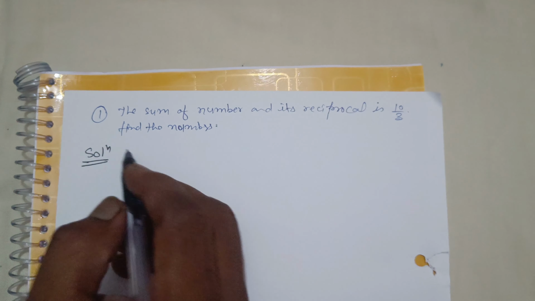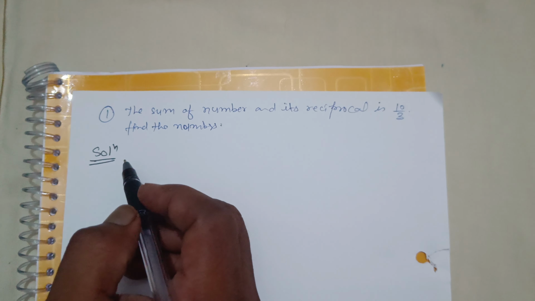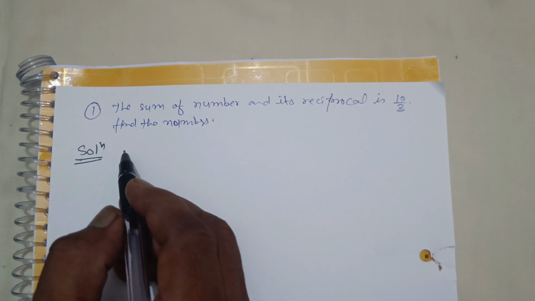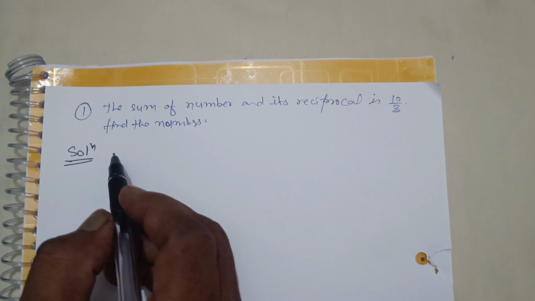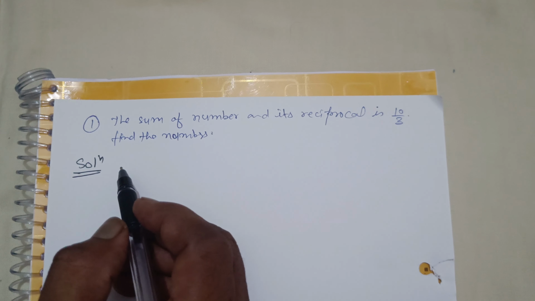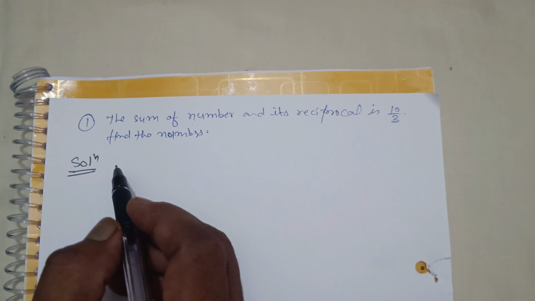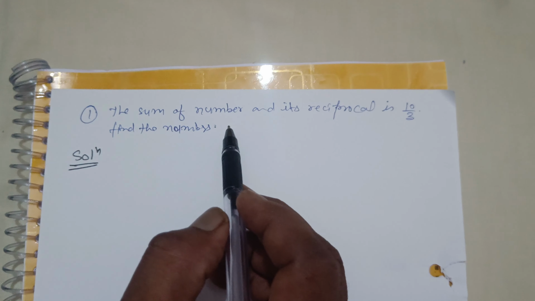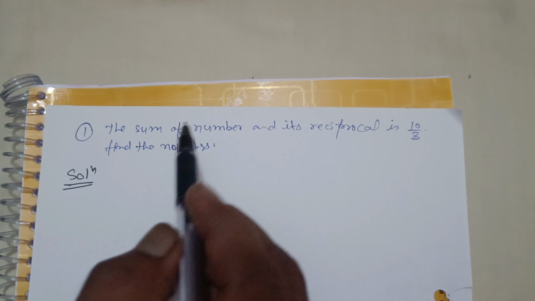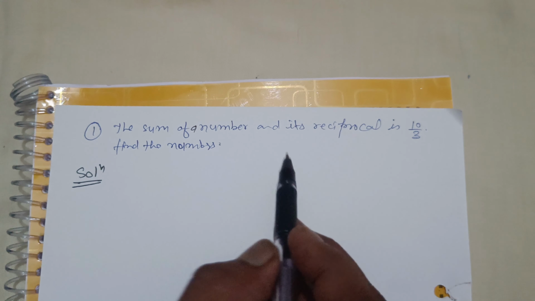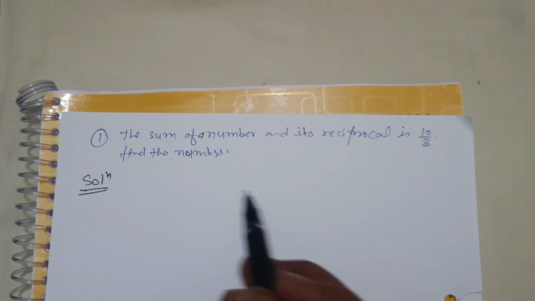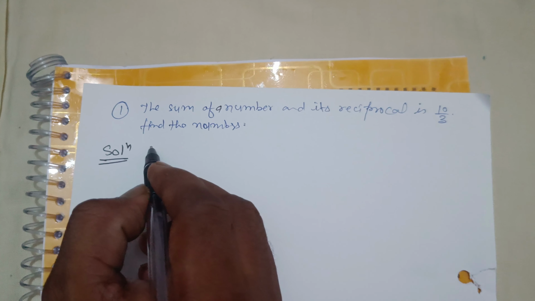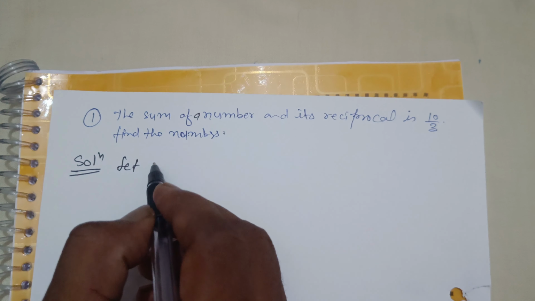Okay, students, one more problem which is frequently asked in CBSE, but I found that the maximum of students could not convert it into the equation. You see, the sum of a number and its reciprocal is 10 by 3. Find the numbers. Let's suppose the number is